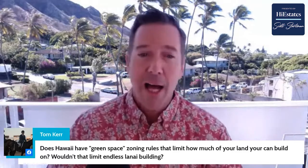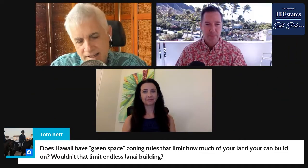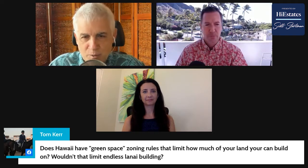And then the question is, do we follow them? Because a lot of people here in Hawaii will, especially with a covered lanai, just extend out and not get the permit for it, so you can have the space that you want. It can be sort of a pseudo temporary structure, so that if you have to bring it into compliance, if you get busted, it's not that big of a deal to tear down that covering that you may have built. It's not that big of a thing. But yeah,